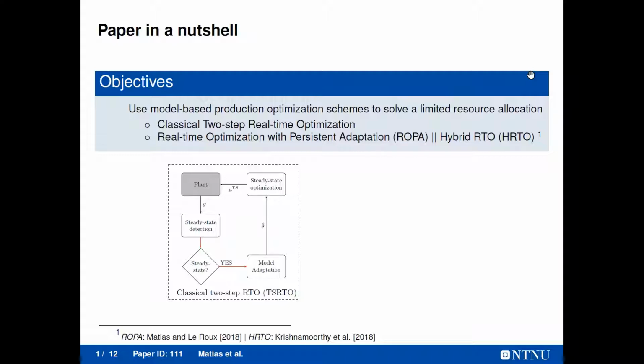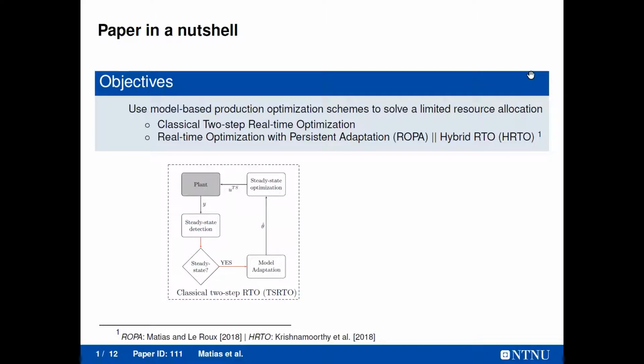Since the two-step is based on steady-state models, we need to wait for the plant to reach a steady state before updating the model. This steady-state detection step is one of the biggest shortcomings of this classical structure. Steady states are usually hard to detect, and the steady-state detection algorithm performance is highly dependent on users' input. As a consequence, the performance tends to be conservative, and the two-step RTO is not executed very often, decreasing its